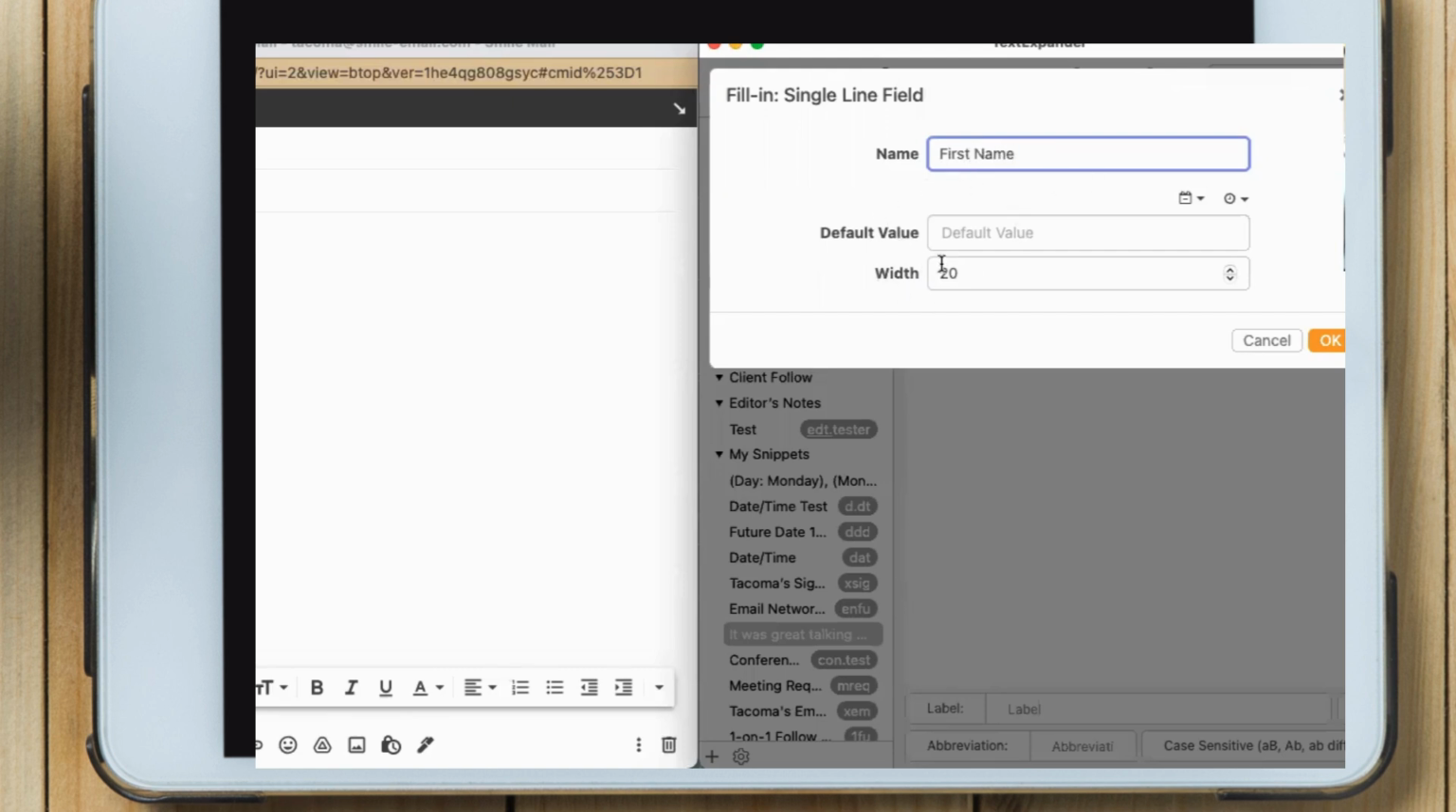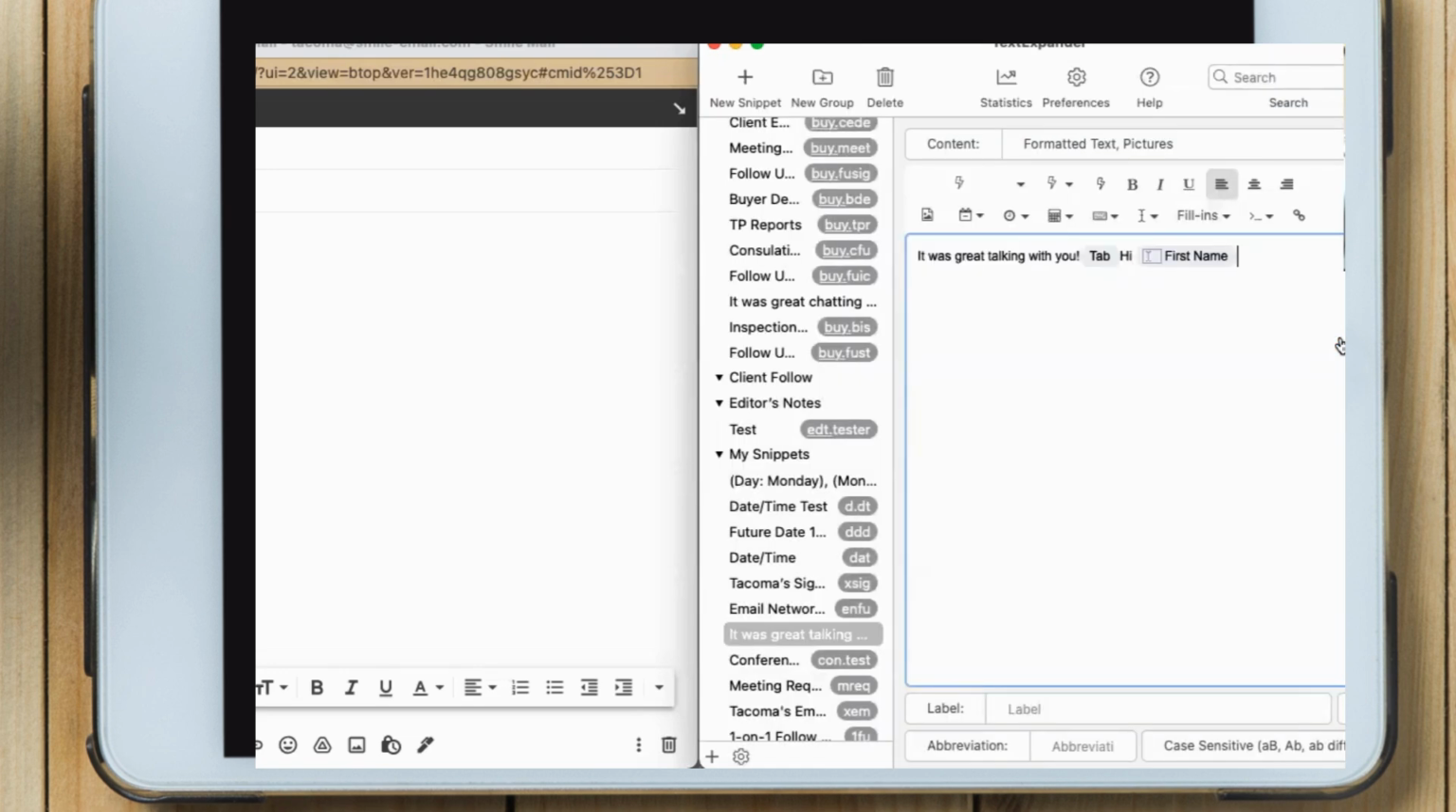I'm not going to give it a default value because I could put John there in the default, but it'll always default to John, and I'm not always writing John. I'm going to leave that empty and press OK. I'm going to put a comma. I'll press return because that's just how I like my email structured. And then I'll say,